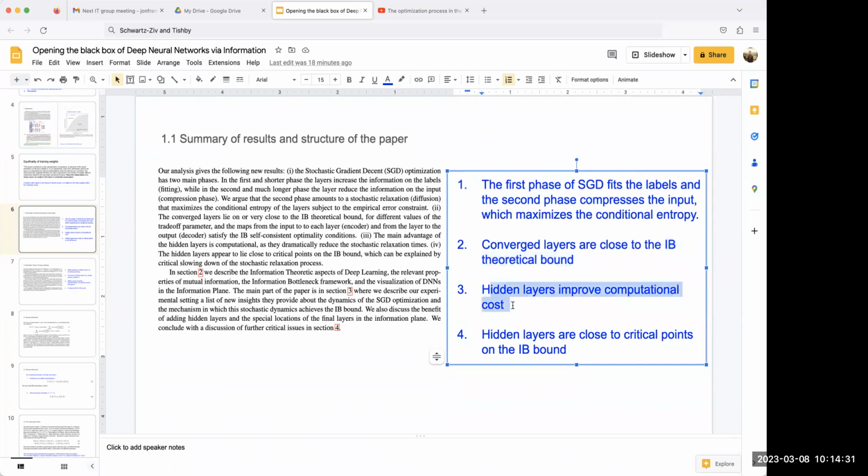Another result is that when you add more hidden layers to the model, they claim that the main improvement is computational, not necessarily predictive accuracy. So if you add more layers to your model, you're likely to approach a reasonable solution faster, but not necessarily get to a better solution. Although I think there's some context with this result that is specific to this experiment, because their computational setup is fairly simple.